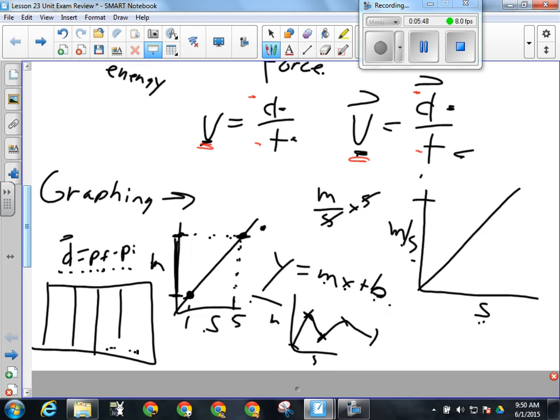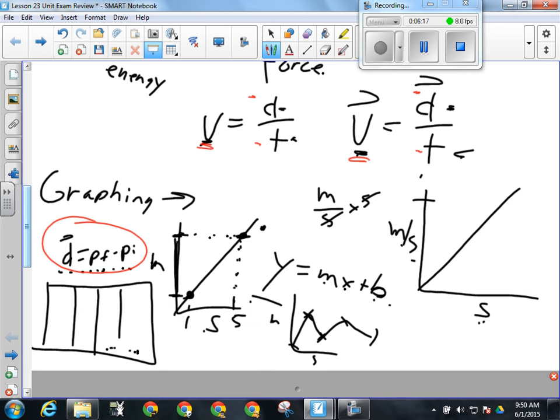Okay, super important there. There's a ton of marks available on this exam to do with graphing. Right? None of those calculations are difficult, okay, but you have to remember how to do them. Okay, so little things that we want to remember in using graphing. Okay, this formula here, and you don't have to memorize your formulas. You're going to get the formulas all on the front page of the test.